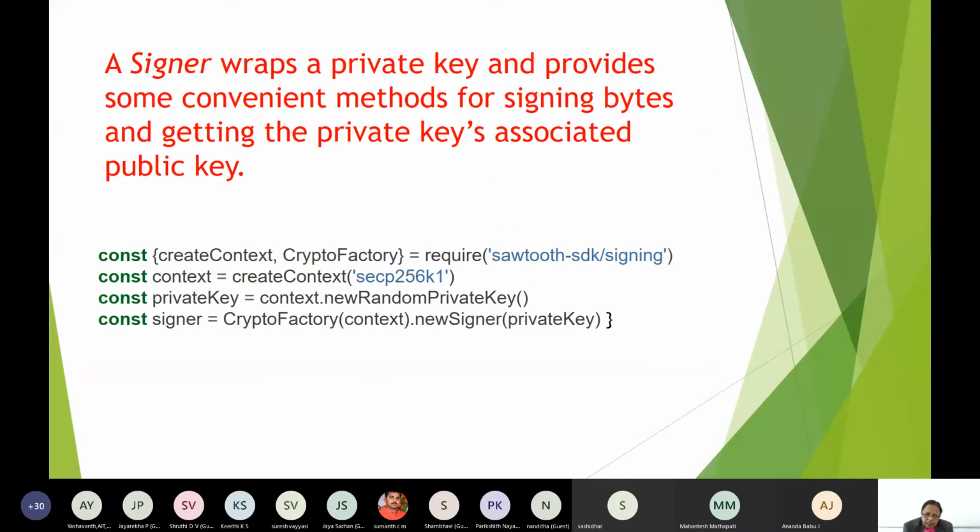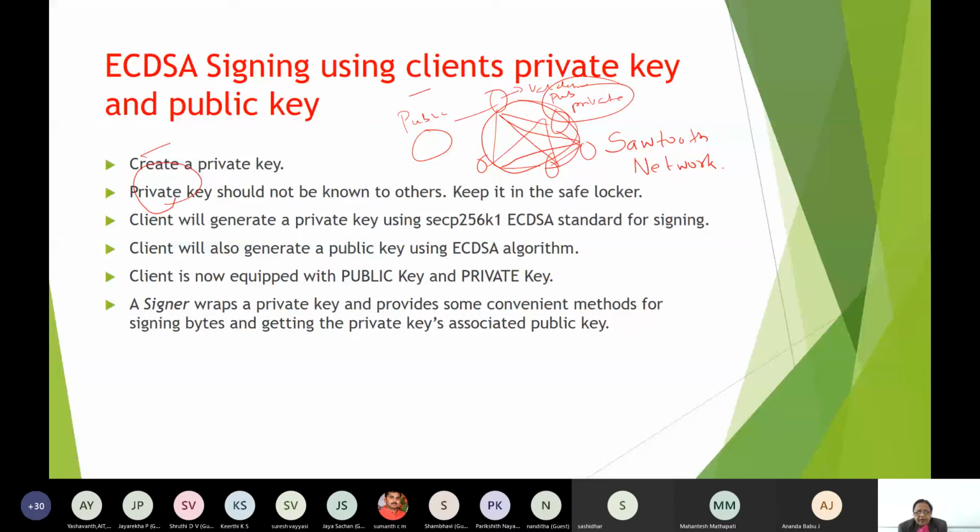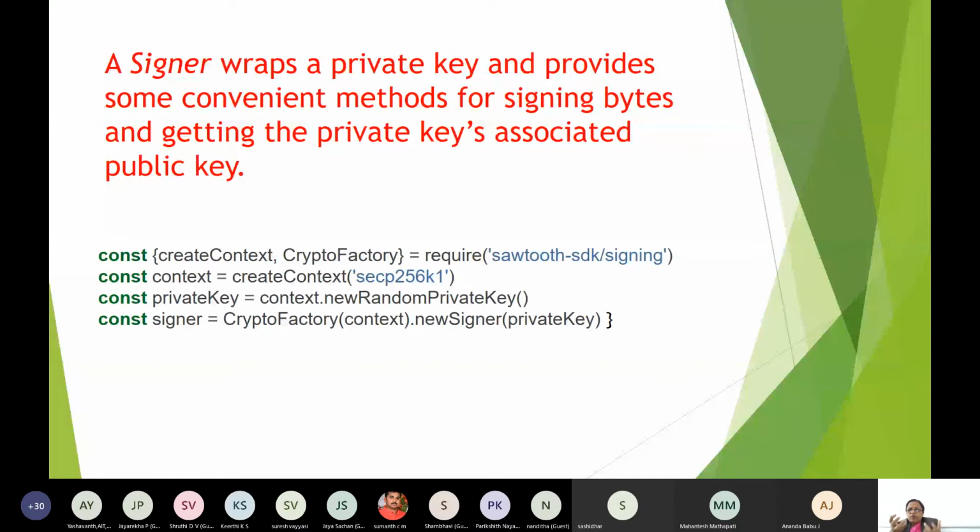Then I told you here, the signer wraps a private key and provides a convenient method for signing bytes and getting the public keys. I have to map it to the software. This is how it is mapped to the software. It requires this particular SDK here, right?